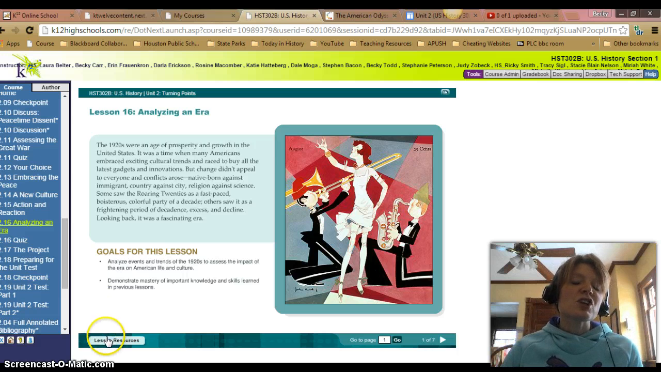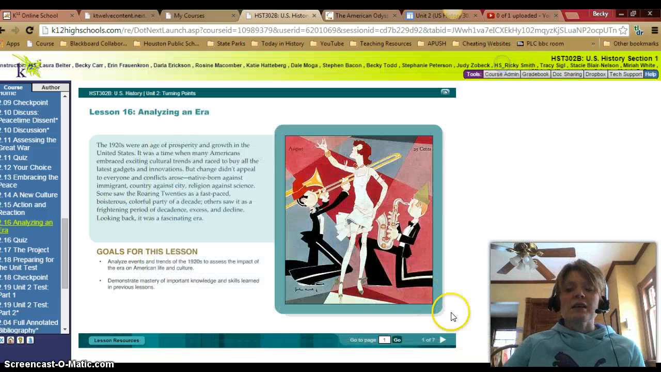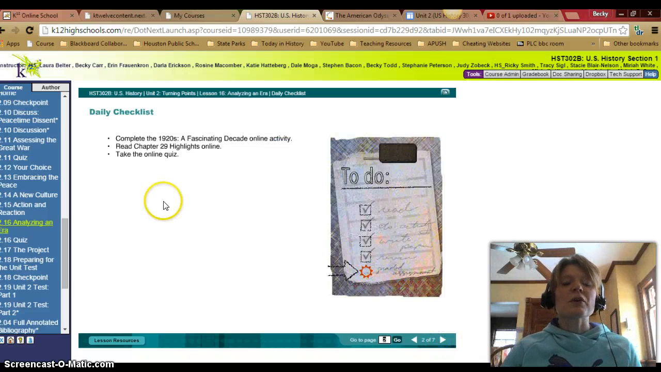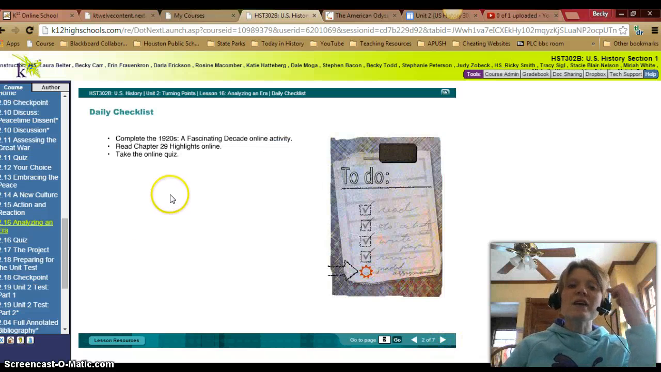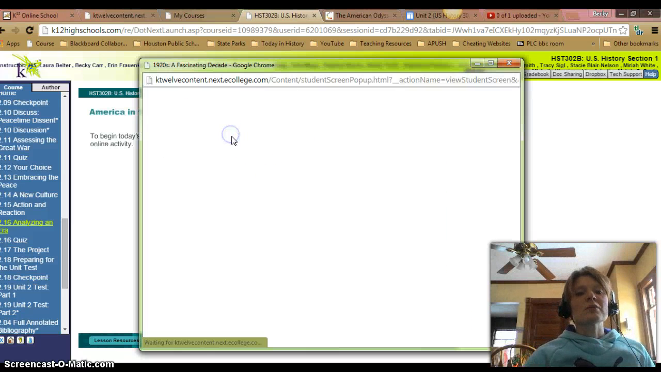Let's quickly check lesson resources. There's no reading guide or lesson answer key, just the student guide here today. So let's go ahead and see what we're going to do. Complete the 1920s, a fascinating decade online activity, and read chapter 29 highlights online and take the online quiz. So let's start with the